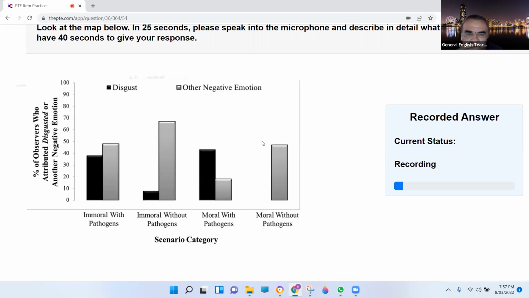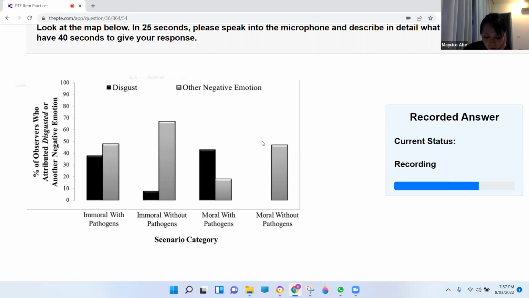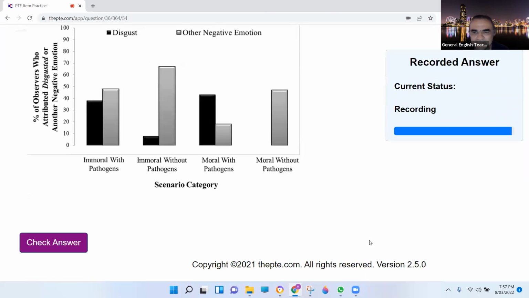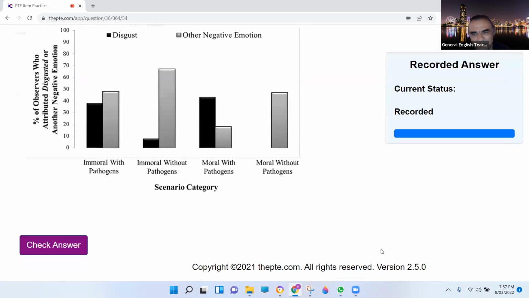The image describes scenario category. It also provides some information about it. It is clear from the image that the black and other negative emotions. Finally, by reviewing the image, it can be concluded who attended this class, and number based on emotions with colors black, gray, respectively. Black points to digest. Respectively.